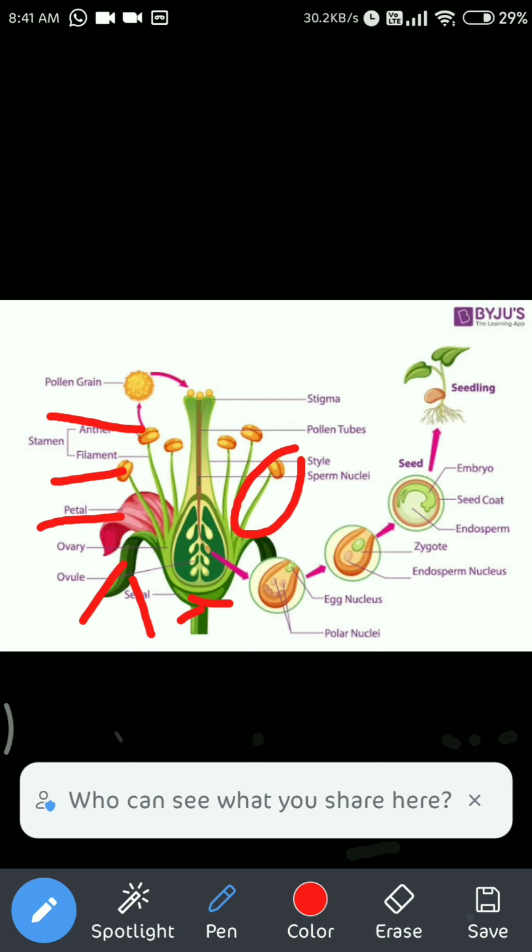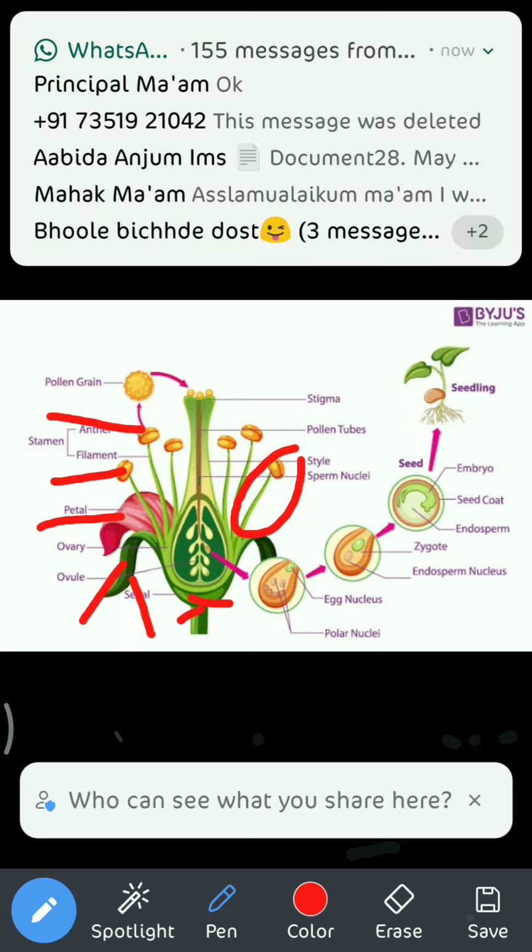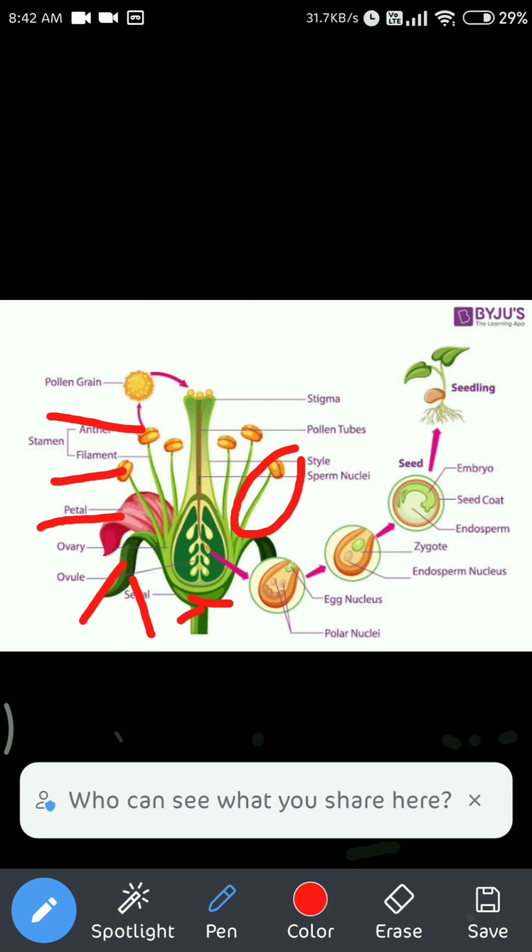As you can see in this picture, six stamens are visible. So here it's a cluster of stamens. A stamen has two parts, the filament and the anther. The anther is the most important part of the male reproductive part, because in it the pollen grains are stored. Pollen grains are a very important structure, because they play a very important role in reproduction or fertilization.